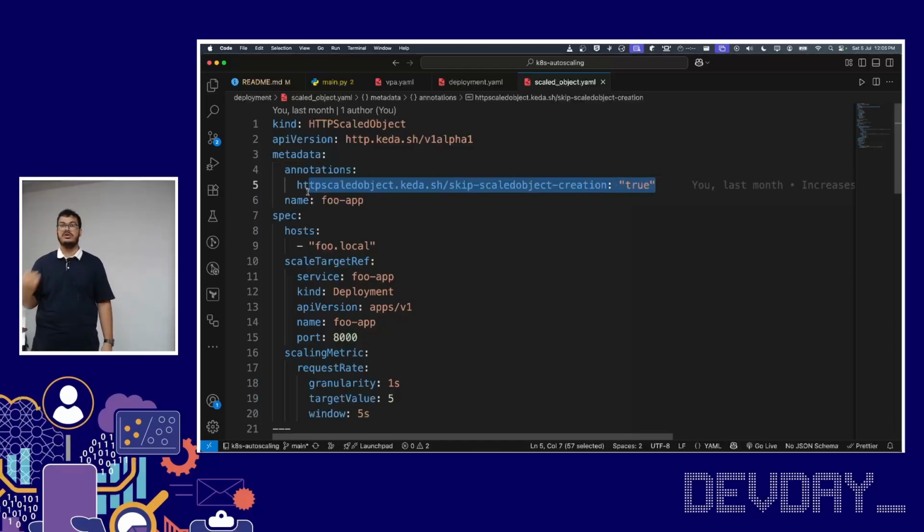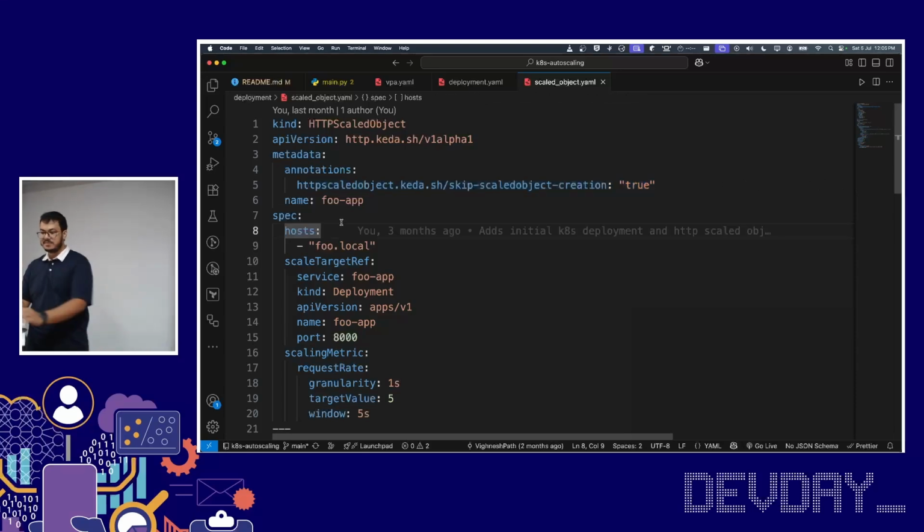We'll create our own scaled object. There may be multiple reasons to do this. One reason can be that you can define a scaled object with actually many triggers, in which case you would define your own scaled object. In the specification, we are saying